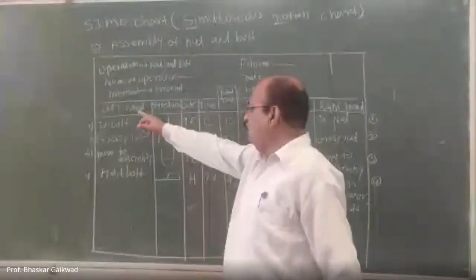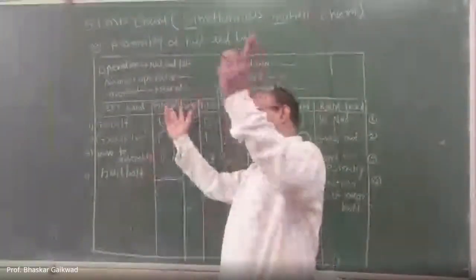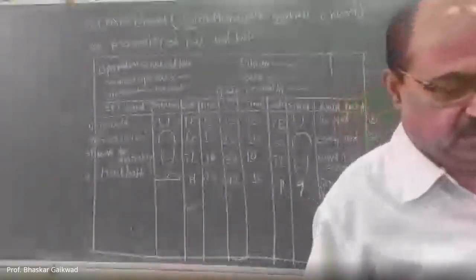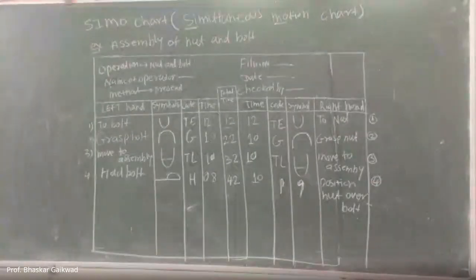1, 2, 3, 4. Again, we have to go for 1, 2, 3, 4. So how much cycle time is here? 42. So these 42 times cycle times to make the assembly of nut bolts that we have to reduce. So instead of 42, we can make 35. Okay. So what are actually the problems with operators or any logical things that we have to think and reduce?